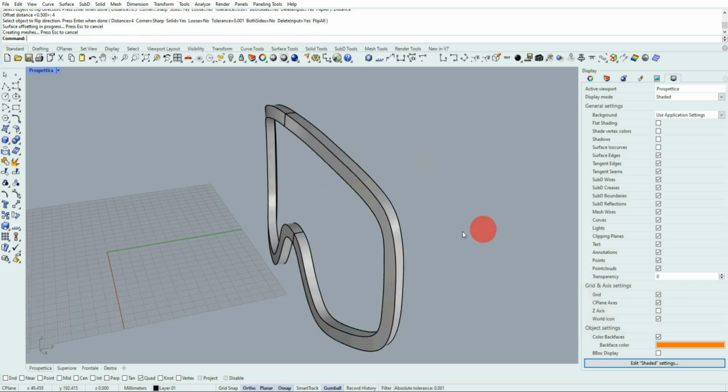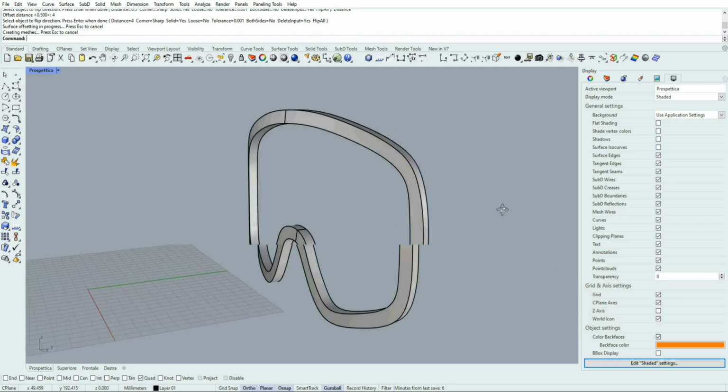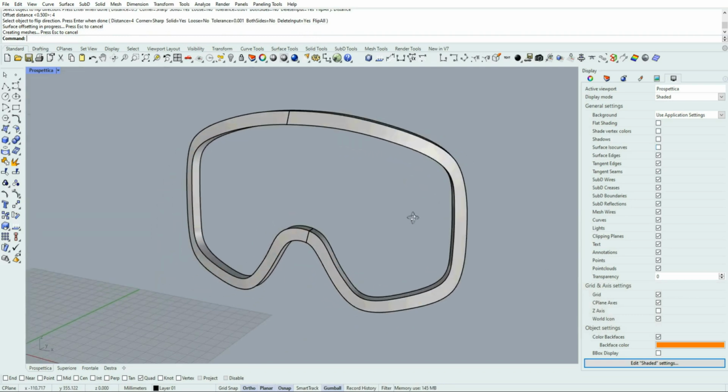Okay, that way I get a 3D object, a so-called solid. Okay, and this is the frame. Don't mind about the seam lines, they are just a representation.